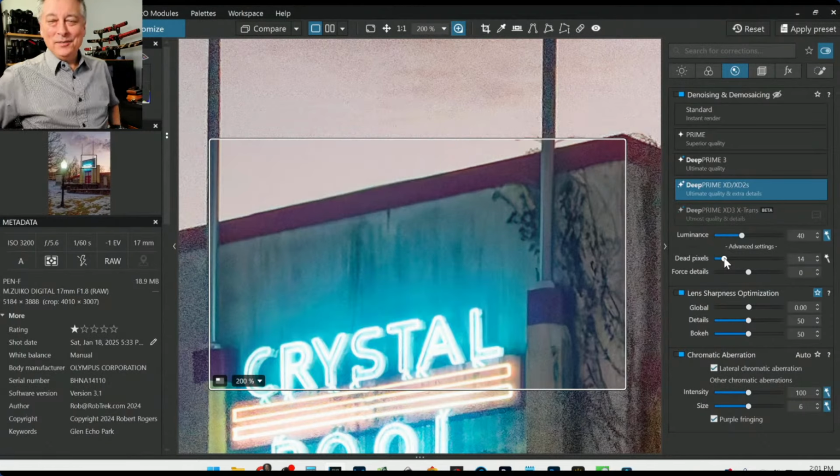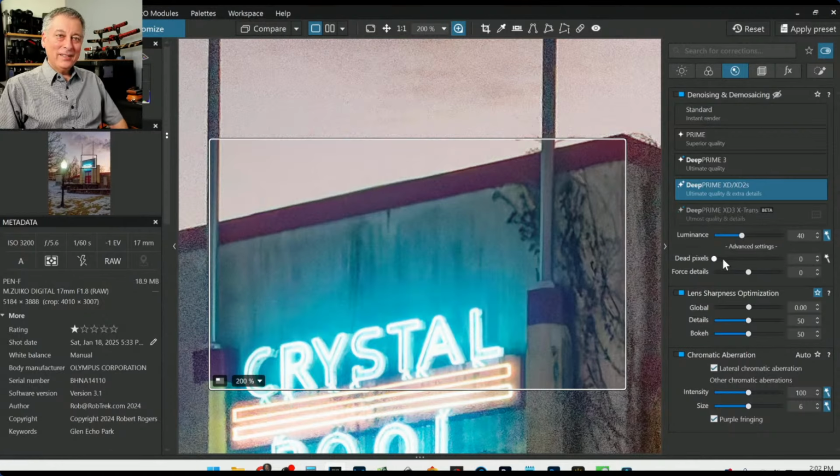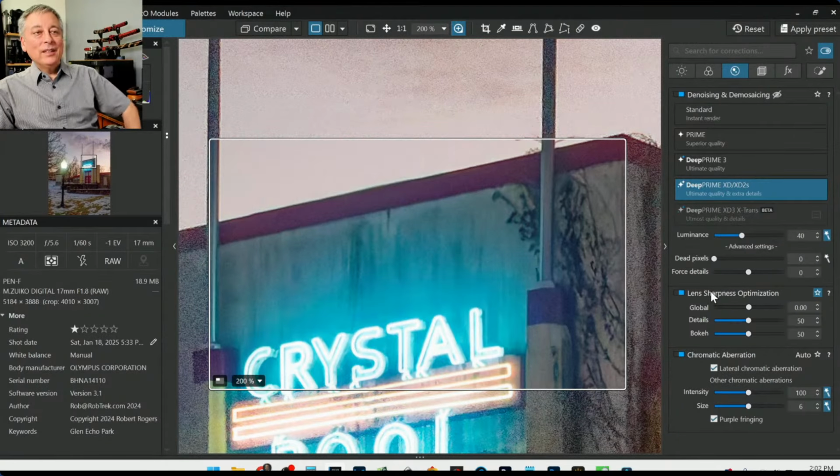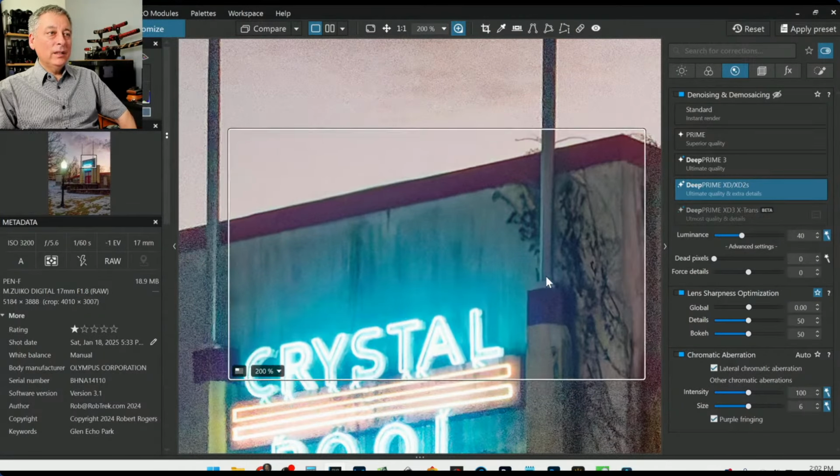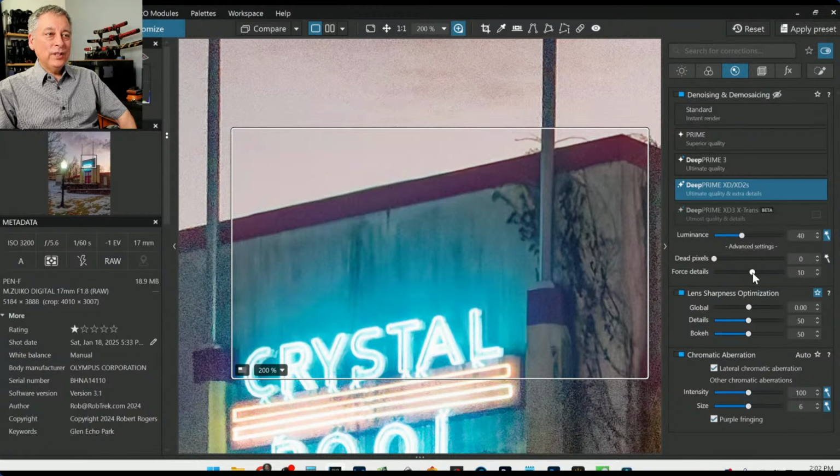My bad. I rarely have dead pixels in my image, so my mistake there. Okay, so here I can say I want to force details more,